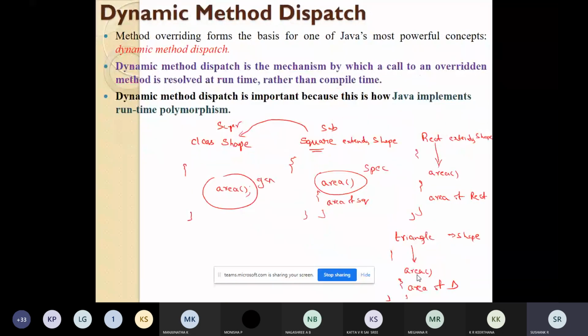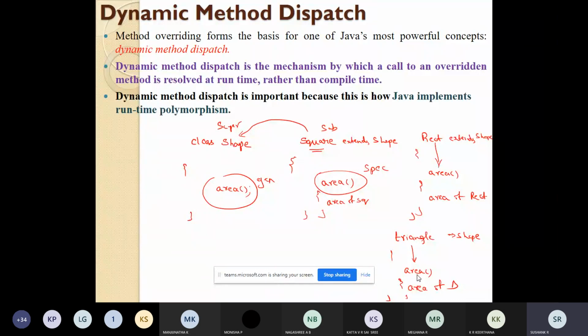What I did in this example is I created a superclass shape, so it can store the details associated with the variables for that shape. It can be length, breadth, radius, anything. After that, I am creating a function called area. That function area will compute the area of an object.